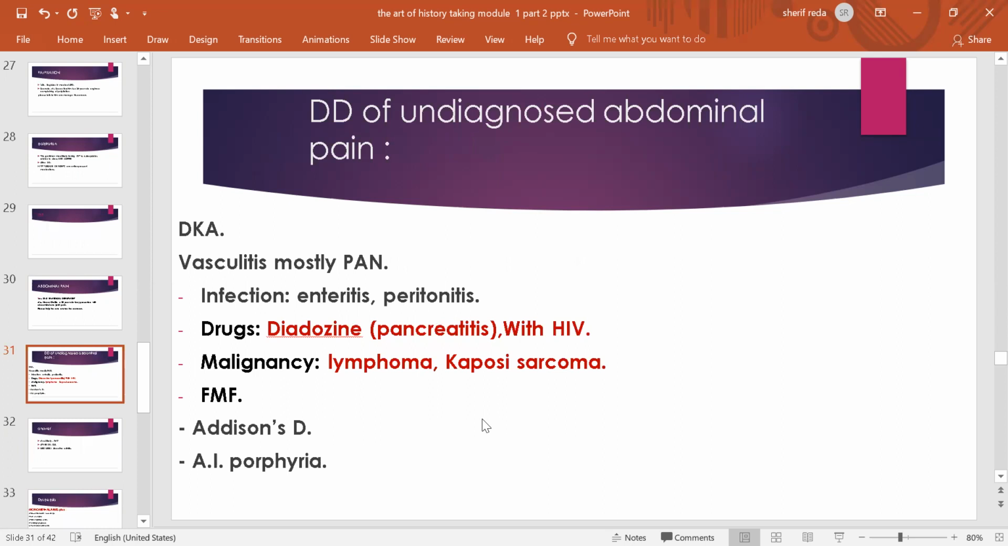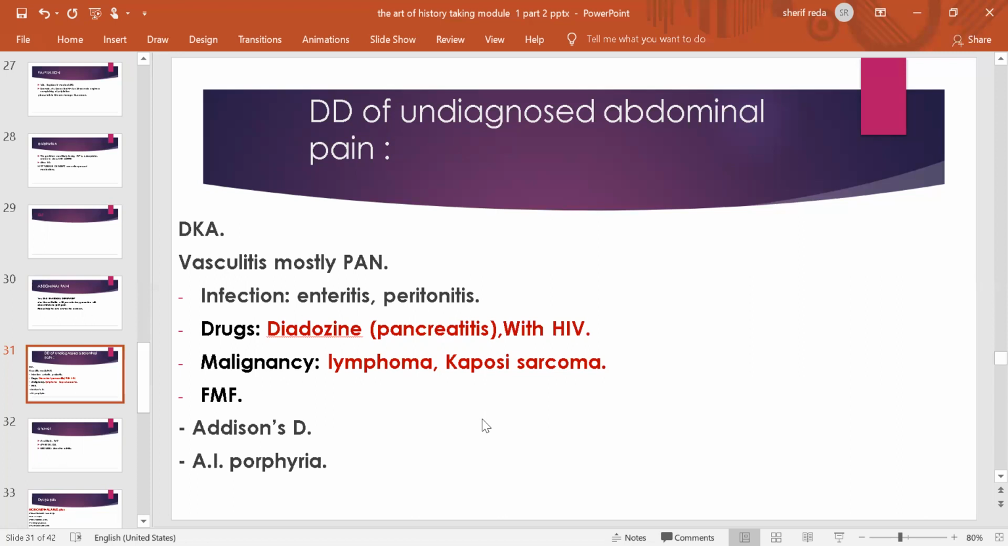So what is the differential diagnosis of undiagnosed abdominal pain? We mean here by undiagnosed abdominal pain that it's stated in the scenario that this patient was extensively investigated and no clear diagnosis was found, or you find that the cause of the abdominal pain is outside the GIT. So you have to think about DKA, vasculitis, most likely polyarteritis nodosa, infections, enteritis and peritonitis in the